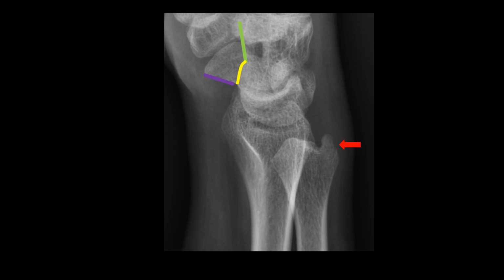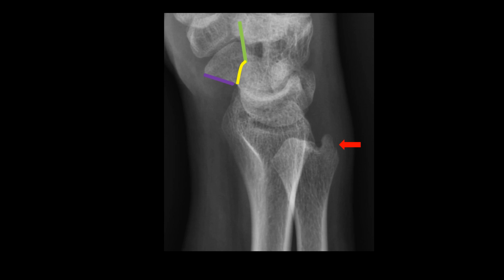The first thing we notice here is that this is not a true lateral radiograph. And how do we decipher that? Because on a true lateral radiograph, the volar margin of the pisiform shown in yellow should be in between the volar margin of the scaphoid shown in purple and the volar margin of the capitate shown in green, which is not so in this case. Over here we see that the volar margin of the pisiform is somewhat in line with the volar margin of the capitate, which also means that we won't be able to comment on the distal radio-ulnar joint alignment as it is not a true lateral radiograph.